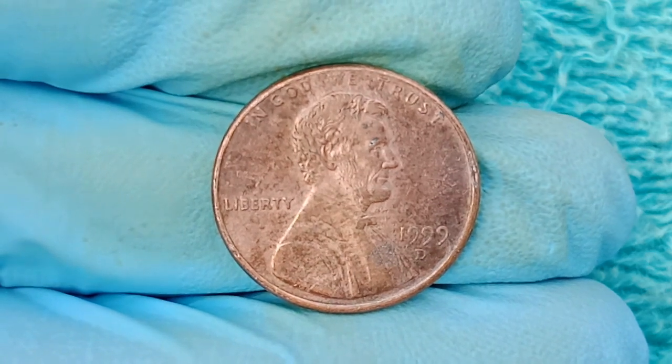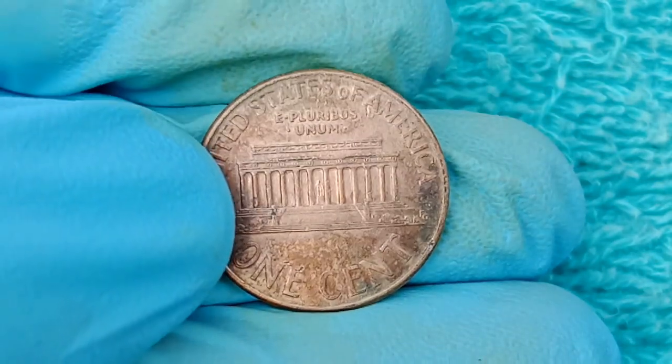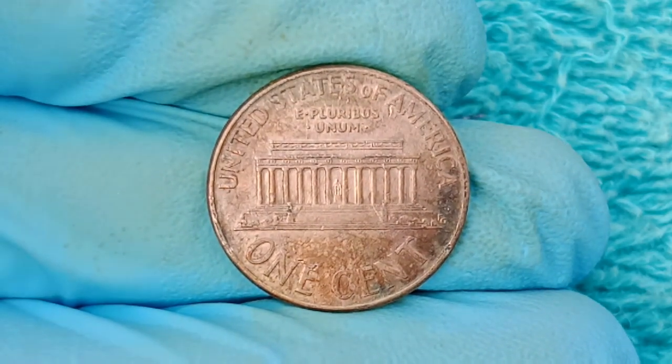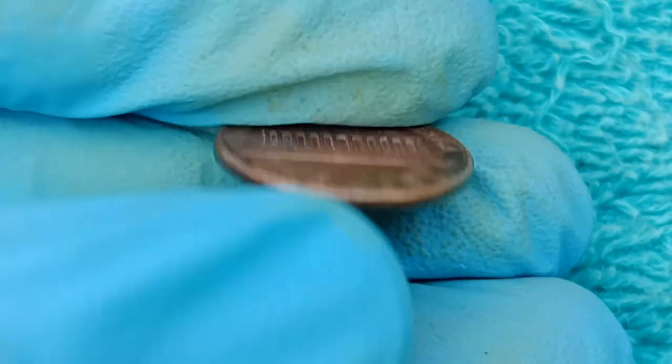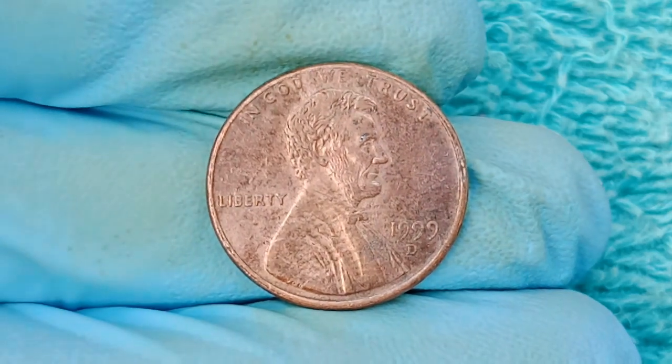Stay tuned until the end as we delve into one of the most mysterious, profitable, and electrifying coin discoveries ever documented, centered around the 1999 D 1 cent coin, a humble penny whose unexpected rise to historical and financial greatness has left collectors, historians, and mint officials alike speechless